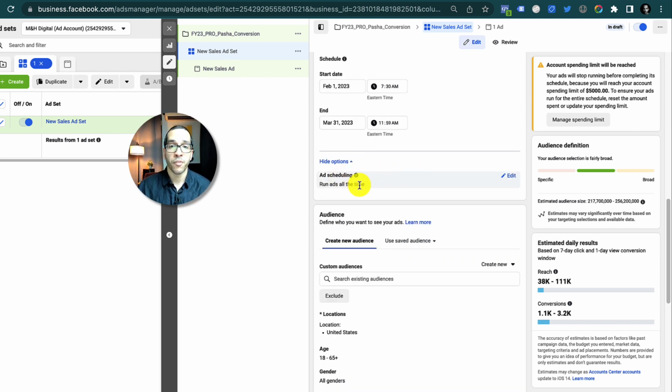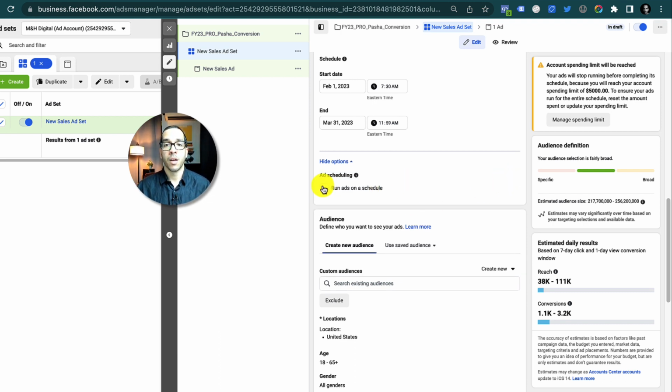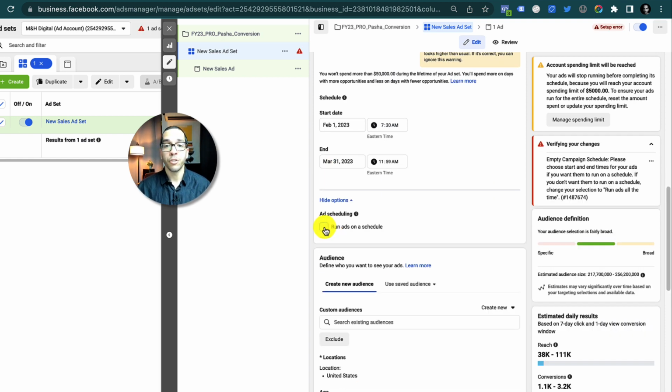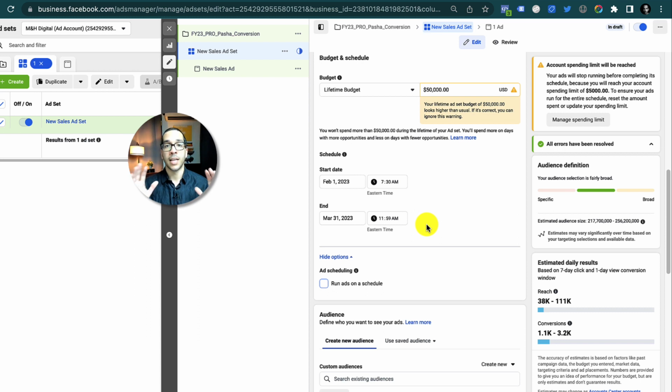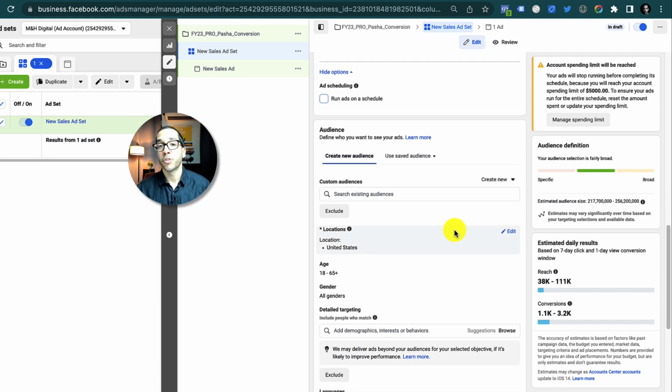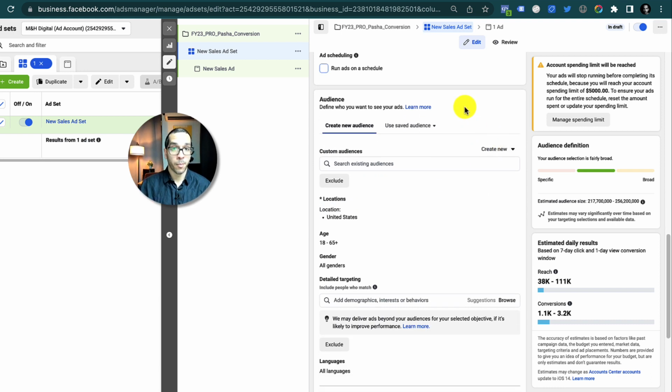All right, so I'm going to keep scrolling down, and you have the option with Facebook ads, if for some reason you needed to, to run ads at a specific time of the day or specific days of the week. I usually recommend not doing that and just letting the algorithm dynamically spend your money whenever it sees opportunity. We're going to keep scrolling down, and this is where we get to the fun part, the audience